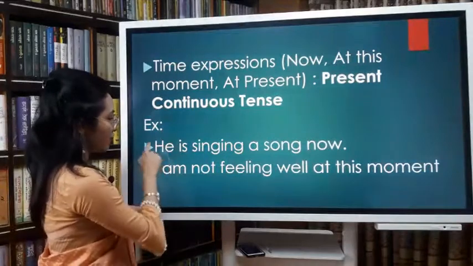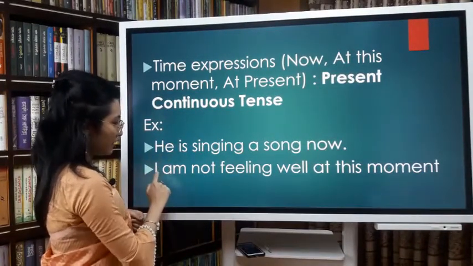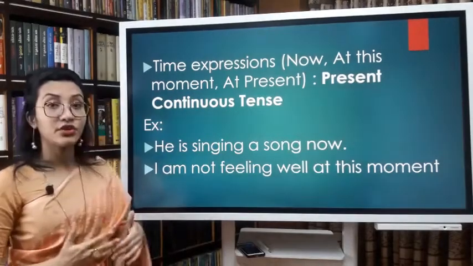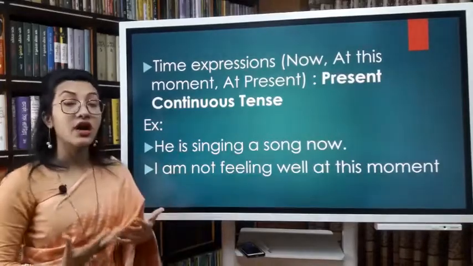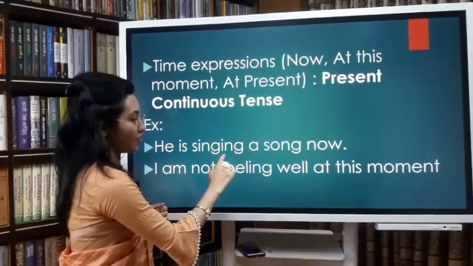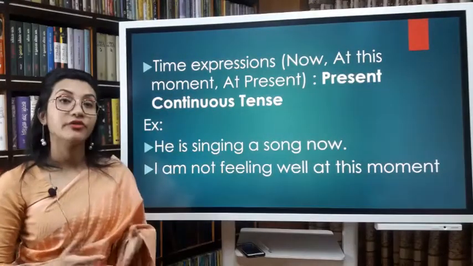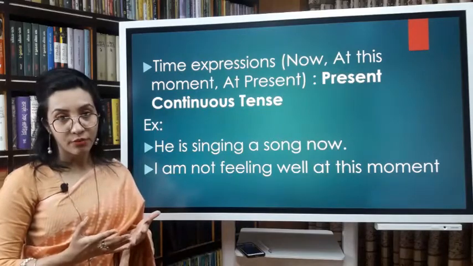We have used the subject at the beginning, as in he, I. We have used the be verb, am, is, or you can use are also. We have used ing with the base form of the verb. So what is the structure of present continuous tense? I'm going to repeat it once